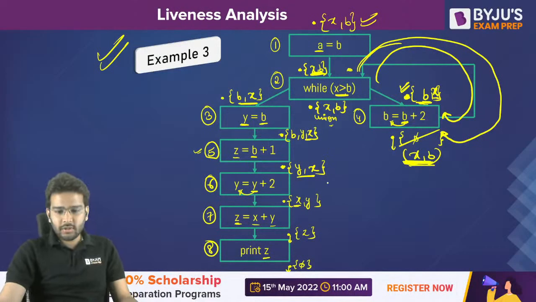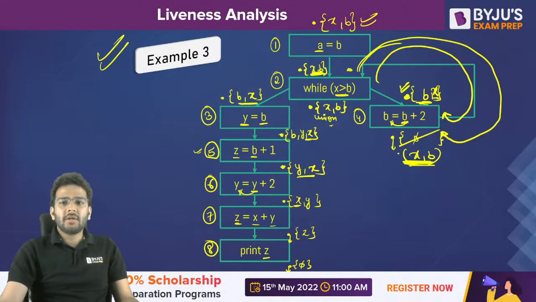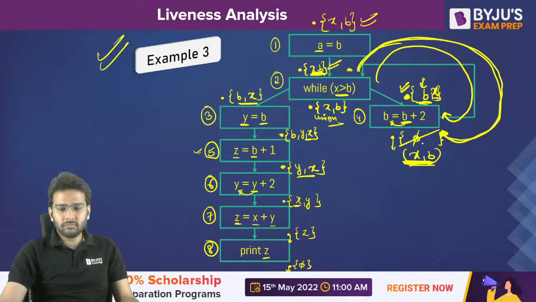Yes, Kirutik. Once again, see. First we had this 5, right? Then here we are having this b. Here we are having this b because we are reading into it. Then we take the union x comma b. Here also we are getting x comma b. But in case of loop, we have to make another iteration. Okay, yes, we have to make another iteration.